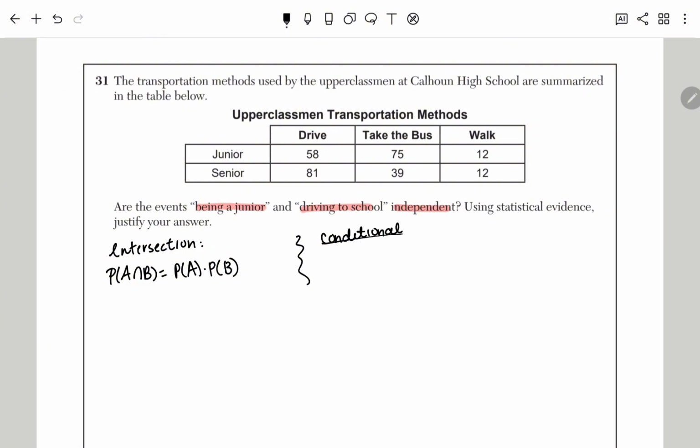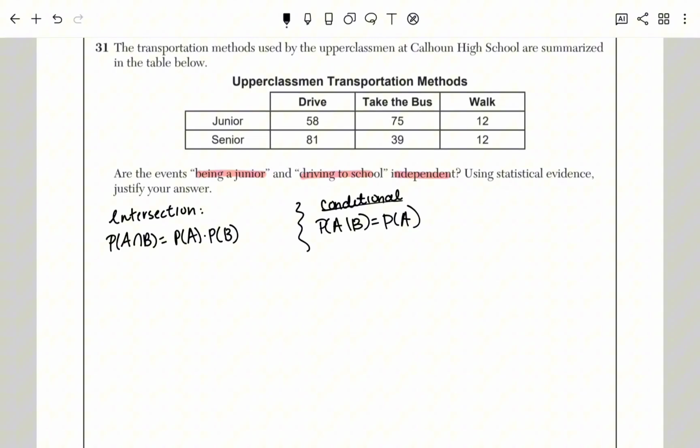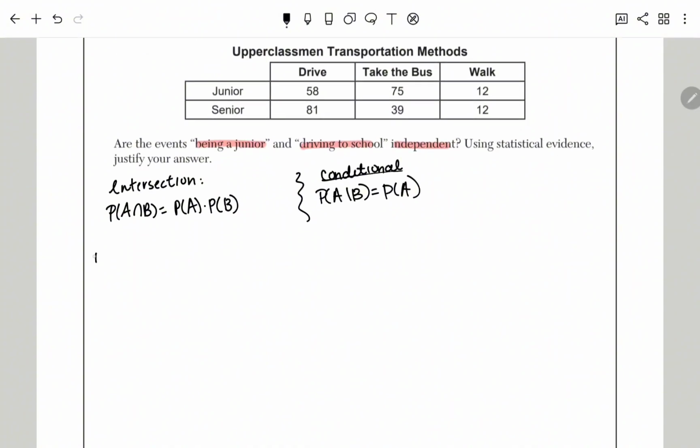or we can use the conditional probability and see whether or not the probability of A happening given B equals the probability of event A. So in this case, for me personally, I would do the intersection, but I'm going to show you how to do both ways. So I'm trying to know if the probability of being a junior and driving